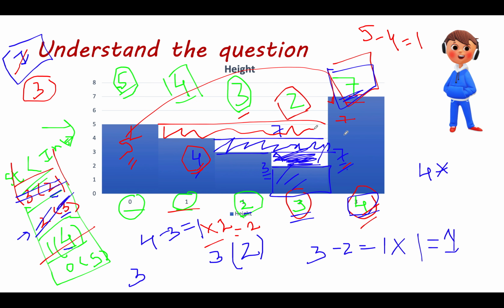So how much water will be trapped by virtue of these two buildings? It would be equal to 7 is occurring at index 4, 5 is occurring at index 0. So 4 minus 0 minus 1, 3. So 1 into 3 becomes 3 units, and that becomes our answer, and 3 gets added to the answer. The total water trapped becomes 6 units.